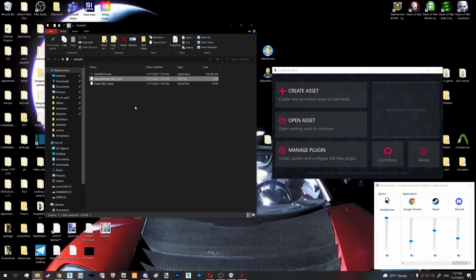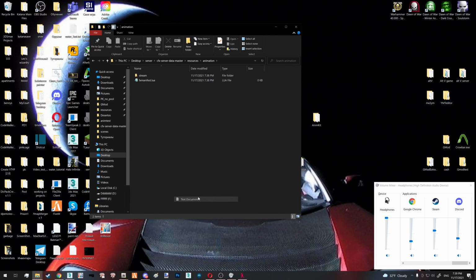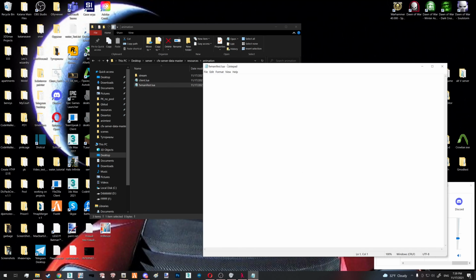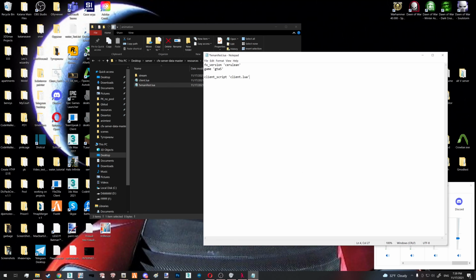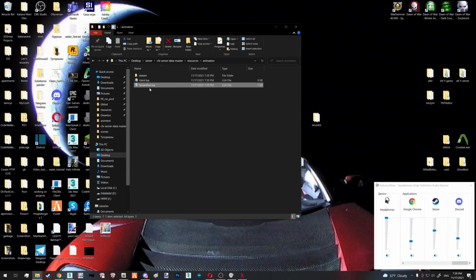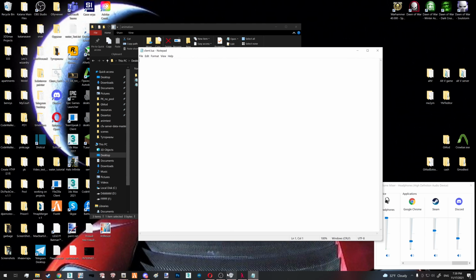Let's navigate to the FiveM folder, your server's folder, and actually set up a correct resource. Just be where you want, you know. This is going to be named client.lua. Let's open our fxmanifest.lua and just type that. fx_version cerulean, game gta5, client_script client.lua. I'm going to leave this in the description for you to just copy and paste it. For the client.lua part, we go to the